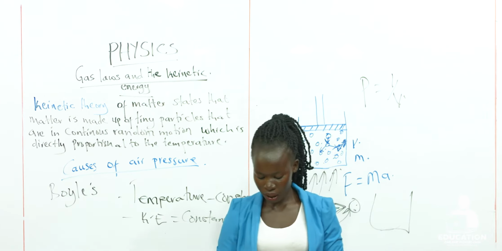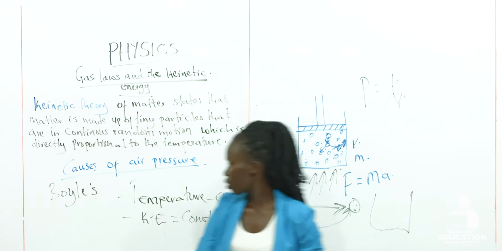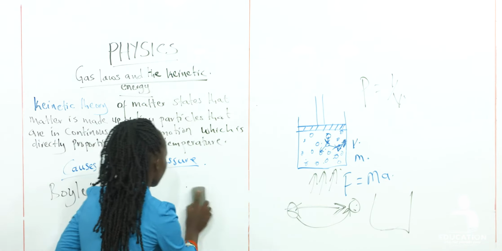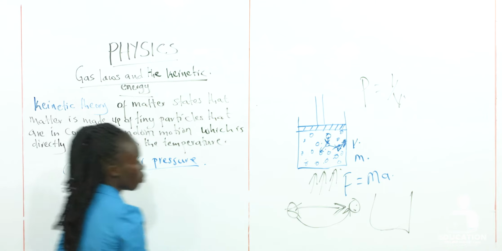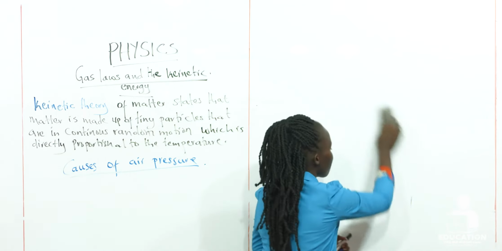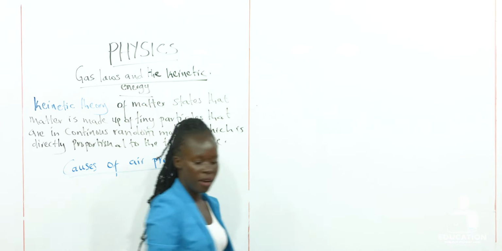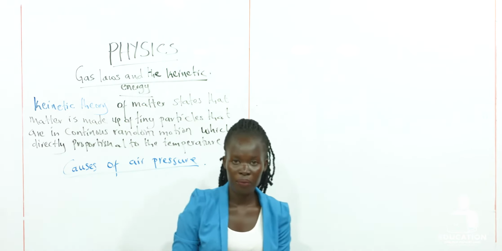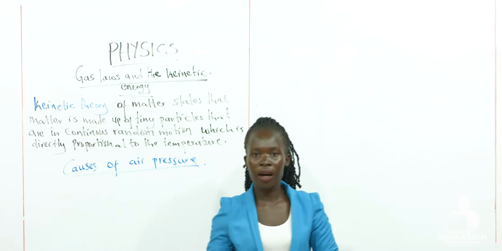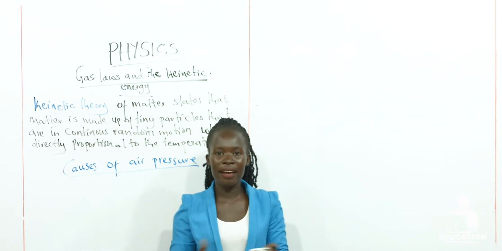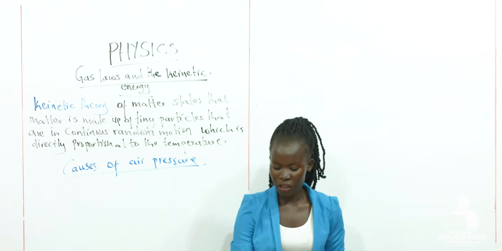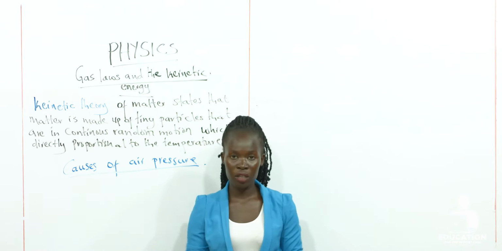Now let us take a look at Charles's law. With Charles's law, we are saying that it is the pressure we keep constant. If we are keeping pressure constant, what do we vary? We vary the temperature and the volume, and this variation is directly proportional. So you see that when the temperature of gas molecules is increased,